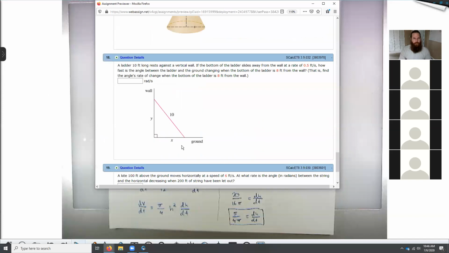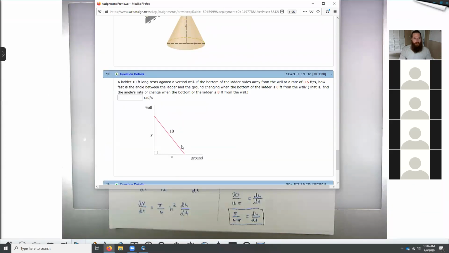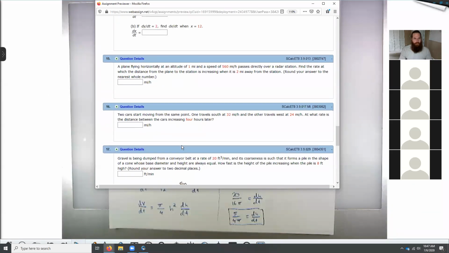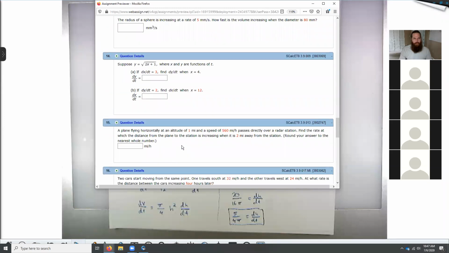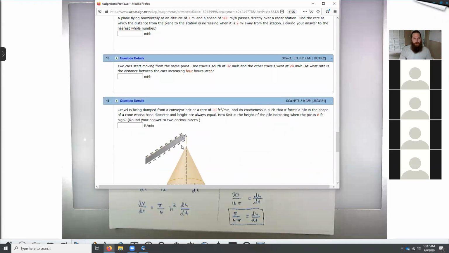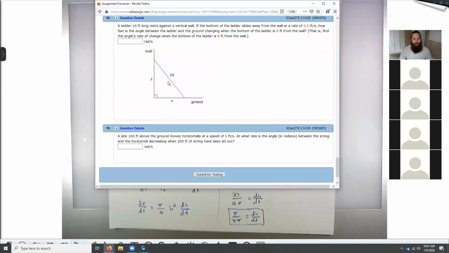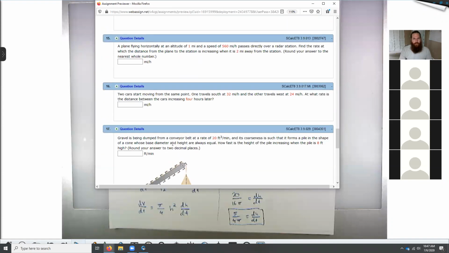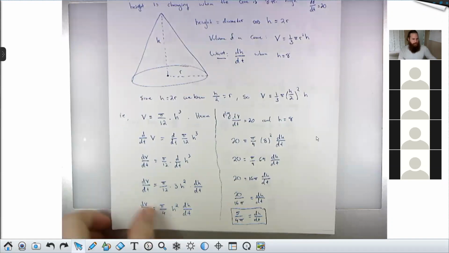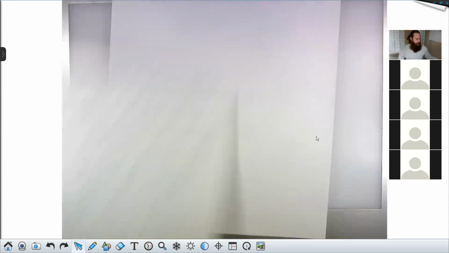Let's see if there's another problem here we could take a look at. Well, there's really not a whole lot here for you guys to practice on besides these. We've already done this one. I don't want to spoil the rest of these for you. So like I said, this homework is going to stay open until Friday. So please continue working on it.